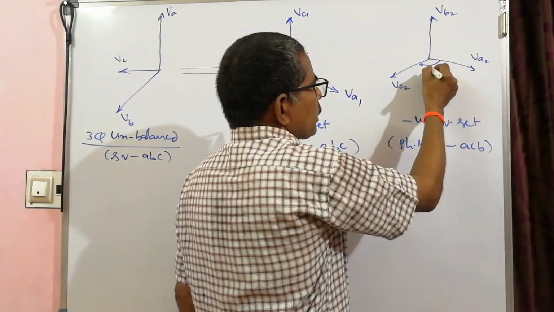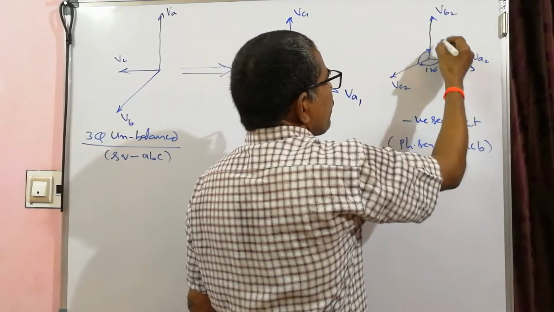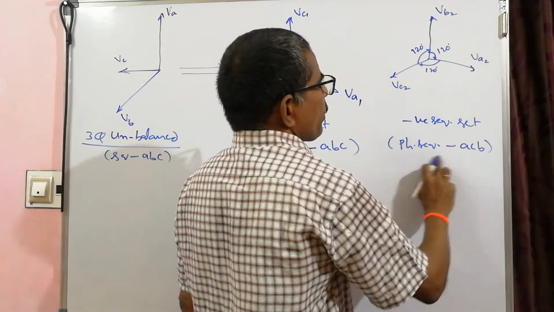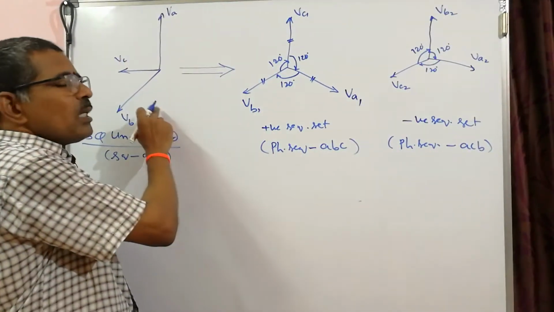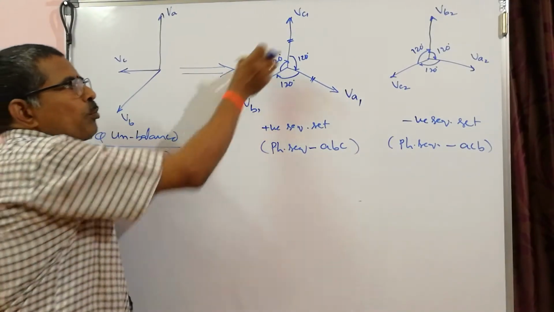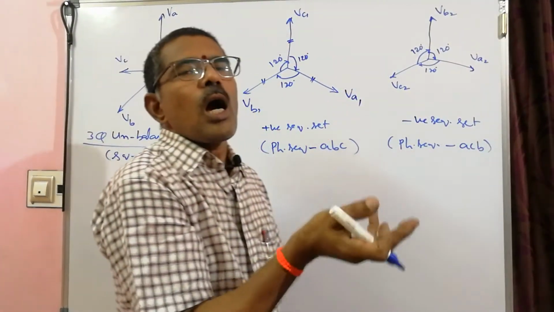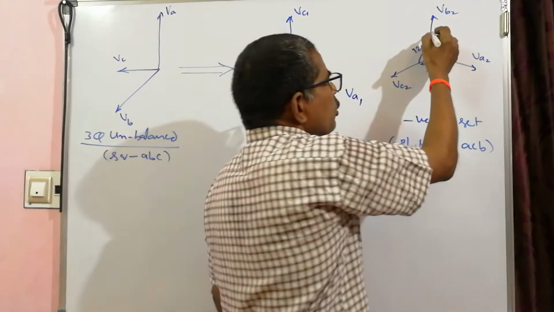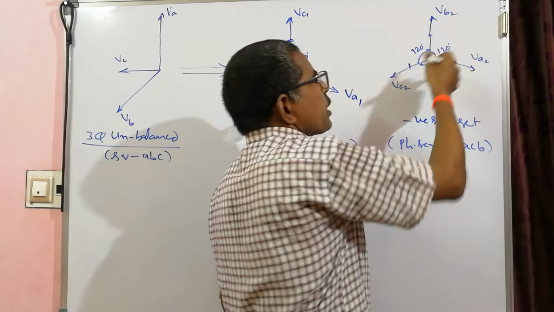VA2, this is 120 degrees, VC2 is appearing first, then with respect to VC2, VB2 is again 120 degrees. So, phase sequence you can clearly see it is opposite phase sequence to that of the original unbalanced system. Original unbalanced system is following ABC. So, positive sequence set they follow ABC. Negative sequence set it follows opposite phase sequence. So, you are getting ACB sequence here, but the magnitudes will be same. VA2 is same as VB2, VB2 is same as VC2.